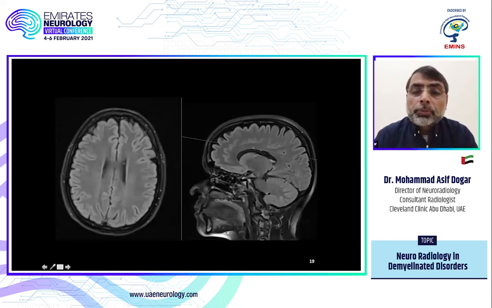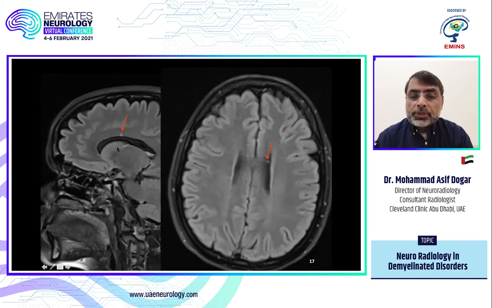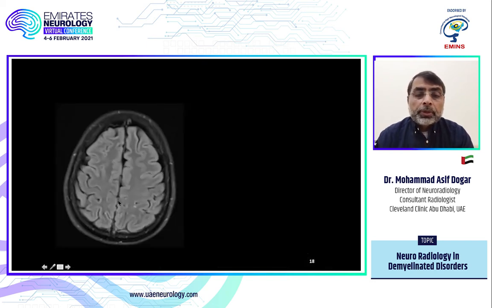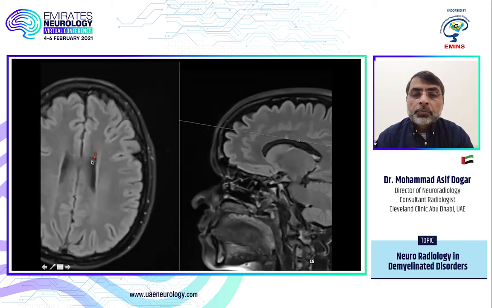As I was saying before, why don't we see the lesion here? Here is the lesion in the corpus callosum, and this line tells you from where the axial image is coming. The axial image is just coming along the bottom of the lesion, so that's why we don't see it. That's why we always get the sagittal FLAIR images. Again, you can see another lesion here. This looks like a cortical, juxtacortical lesion. And if we change the window, now you can see this is basically a juxtacortical lesion. So whenever you are looking for MS lesions, if the findings are subtle, make sure you narrow the window and look at these lesions.